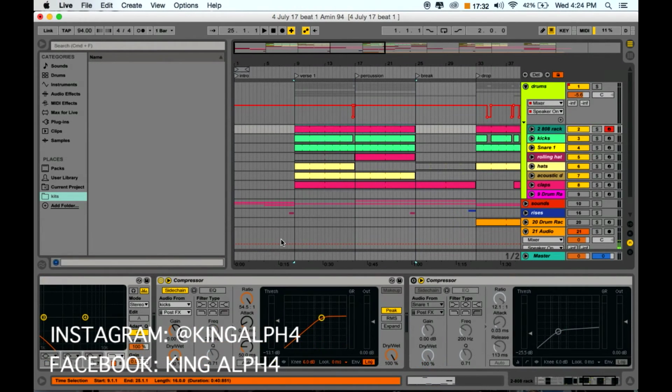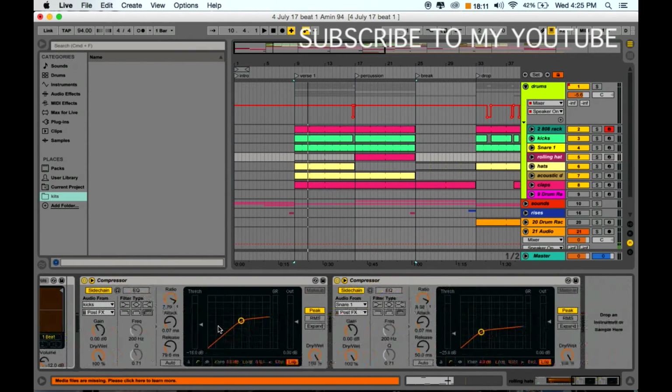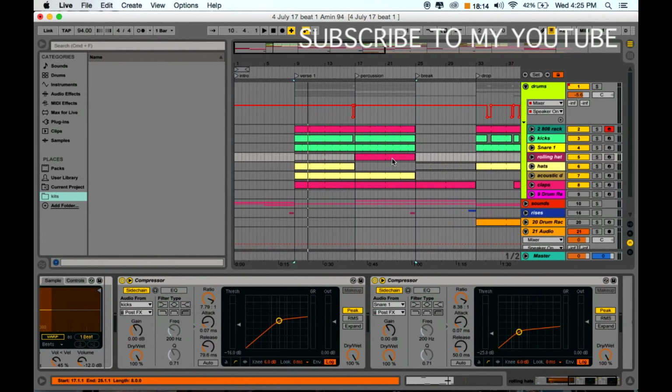So my 808 kicks, I sidechain to my normal kicks. So when the kick's signal comes through, it's gonna hit here, and then my 808 is gonna duck a little bit. So that allows for my kicks to also sound better and come through a bit more clear, and that they don't clash. And it's a creative choice as well. On some sounds, like on my rolling hats, I got it sidechained to my kicks and my snare for like,